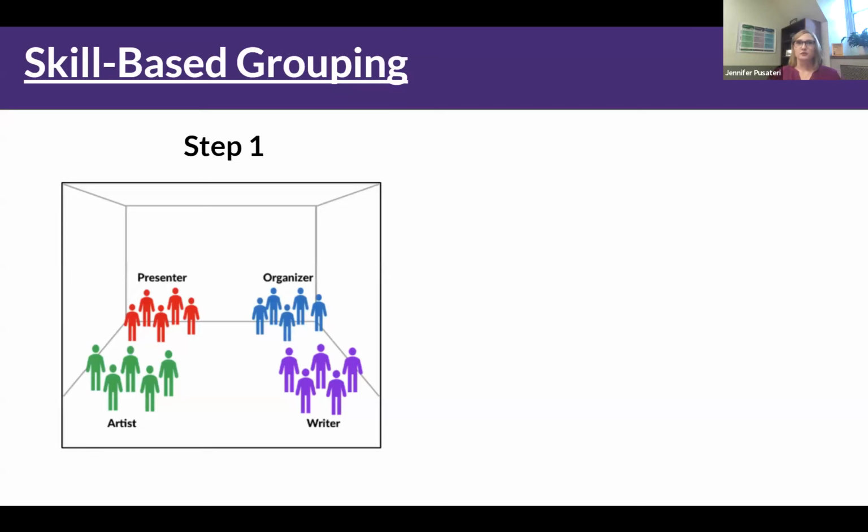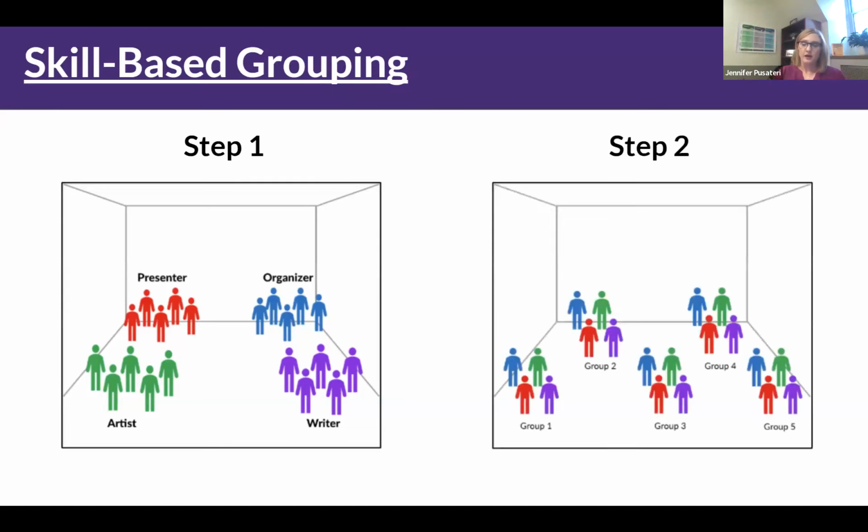And so I'm going to explain what each of those roles are. And then I'm going to ask them to go stand in a corner. You can also do this in an online course, with breakout rooms in corners. And you're going to say, all right, if you feel like your strengths are really more of an artist, you're going to stand over here. If you feel like your strengths are really more of the speaker, the presenter type person, go here. And then you'll have them form those groups by putting one person from each group together.